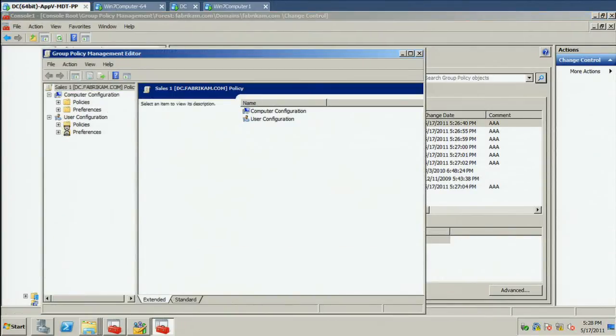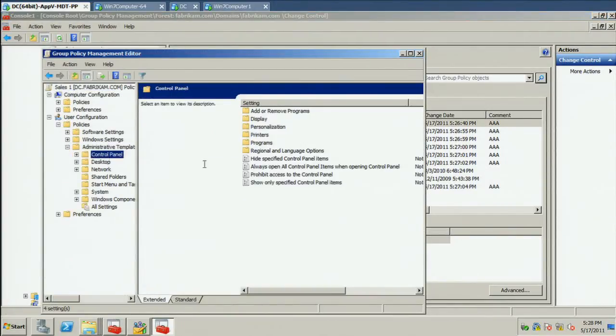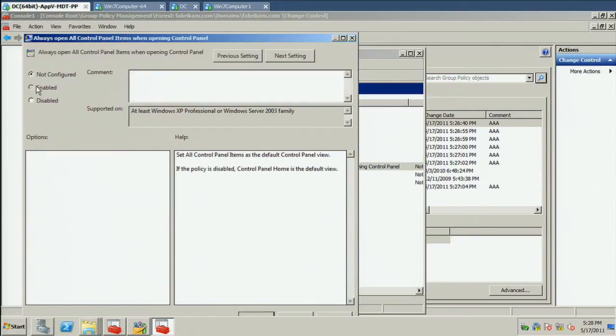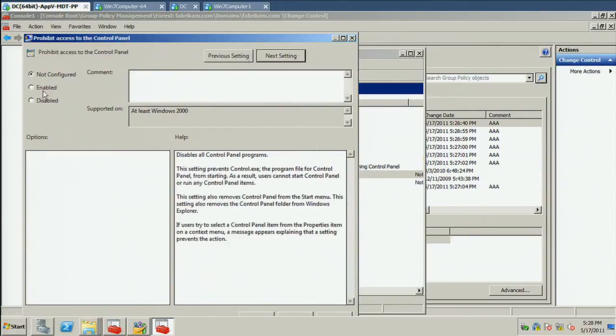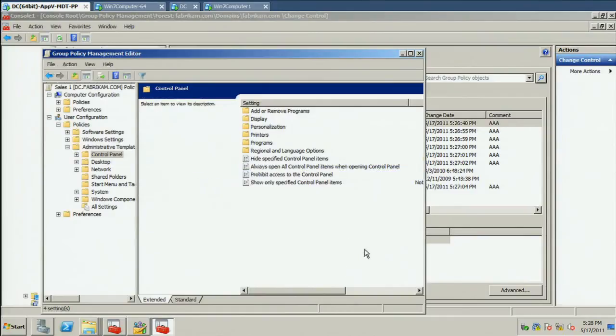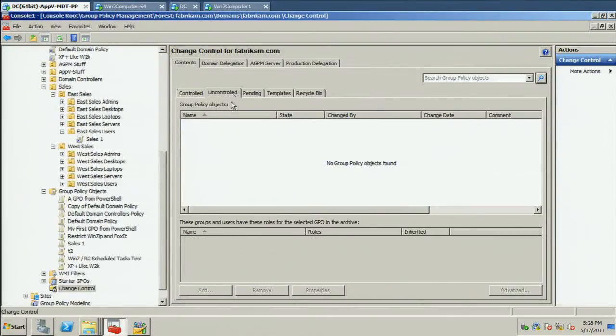I'll go to policies and I'll set some stuff here under control panel. I'll take this guy. I don't even know. No, go ahead and disable that guy. We'll go to next. We'll click enabled. Go to this guy and we'll click enable again. Okay, so now I've made some settings changes on some of these guys. Let me go ahead and click on uncontrolled here. I don't see it. Why don't I see it? Well,